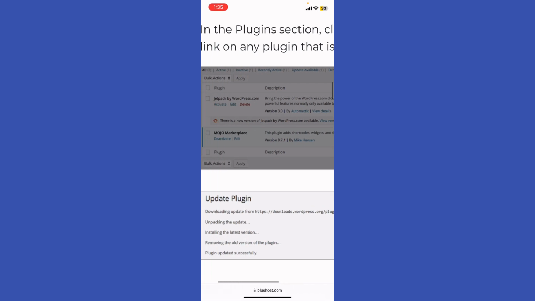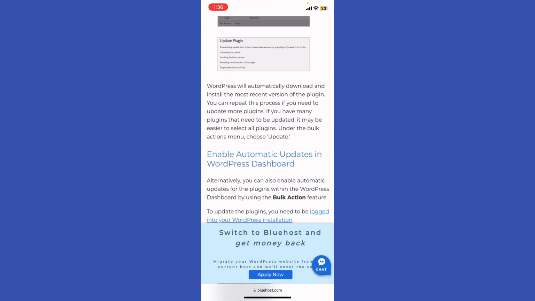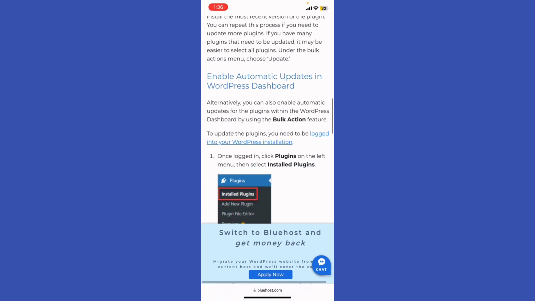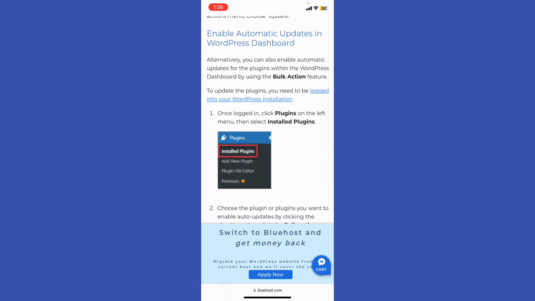Right, you can see there's a new version of this plugin, right? And then go ahead and update it, and WordPress will automatically download and install the most recent version of the plugin. And if you want to enable the automatic updates in WordPress, just go ahead, log into your dashboard, click